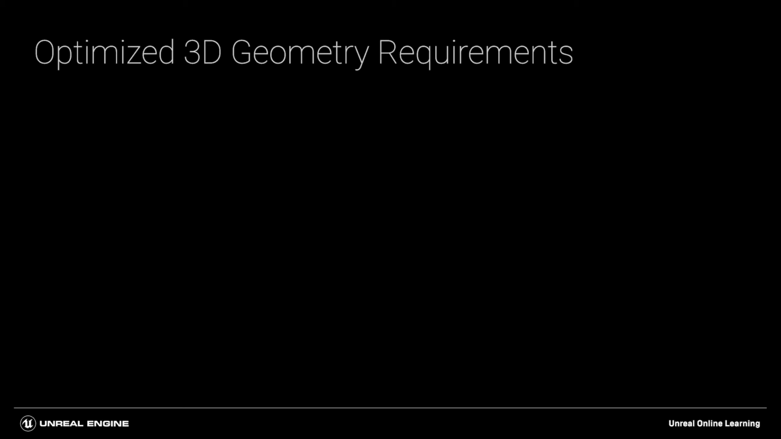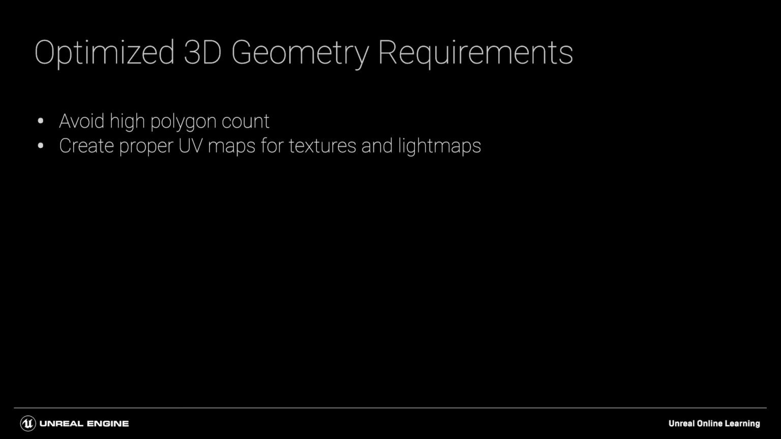There are several factors that need to be considered when we create optimized 3D geometry for Unreal Engine. First and foremost, we need to keep an eye on the total amount of polygons for each 3D mesh that's going to be in our scene. We also need to have proper UV maps for our textures and light maps, and we need correct smoothing for